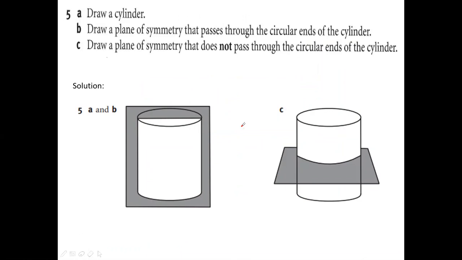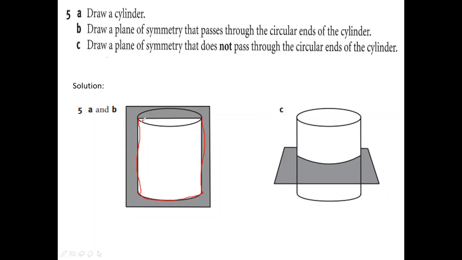Last question, draw a cylinder. Simply he asked it, draw a cylinder. So you draw any one cylinder, up to you. How many measurements is up to you. Either you draw 5 centimeters, 6, 7, doesn't matter. Suppose, just as an example, I will take 5 centimeters here, then 5 centimeters here, exactly parallel lines.